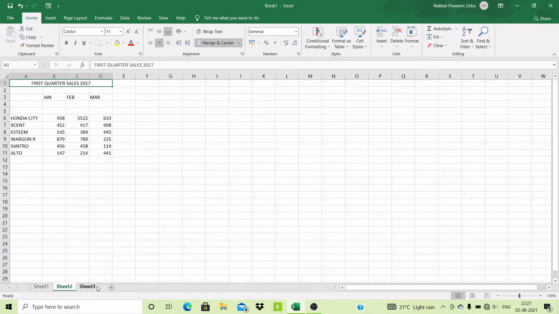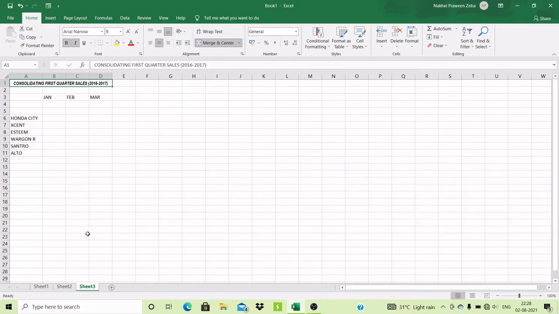And in sheet 3, what are we going to do? We'll combine these data, that's why I have written 2016 and 17. Okay, so that's how I have created this. And if you missed my previous video in which I explained how to group worksheets and how we can work there, you can watch it first, then you will understand better. I have given that link in my description box, so you can check from there.